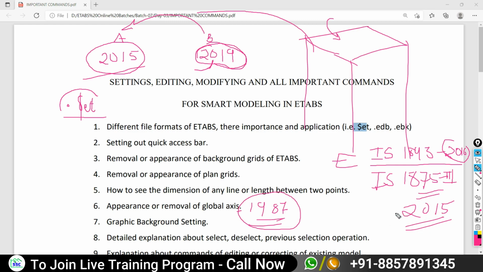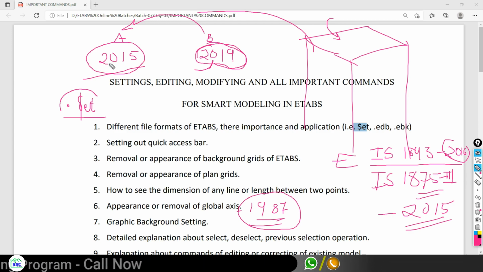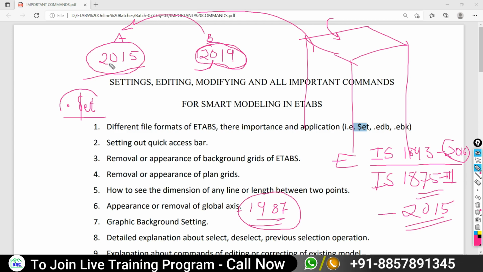All the assignments of the higher version file will be discarded when you open that file in the lower version. Is that all okay?